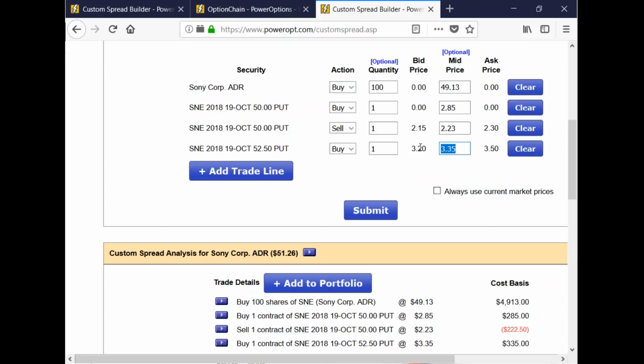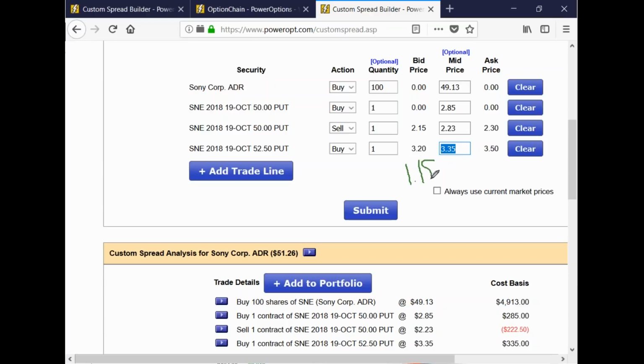Remember the key rule, though, the main rule for me, Fernando, when doing income method number 4: make sure of the debit that you're paying anytime you're doing the adjustment. Here we're looking at a debit of 110, well, let's call it 115, to gain 250. Okay, what am I pointing at here? The debit I pay to do this roll divided by the strike difference, I want this ratio to be less than 0.6. Or I want the debit to gain-in-strike ratio to be less than 60%. And we're pretty close to that there.